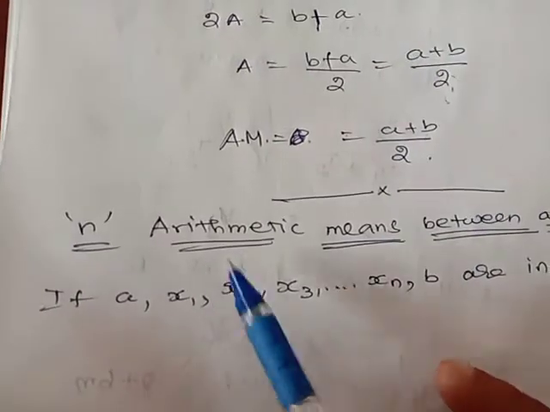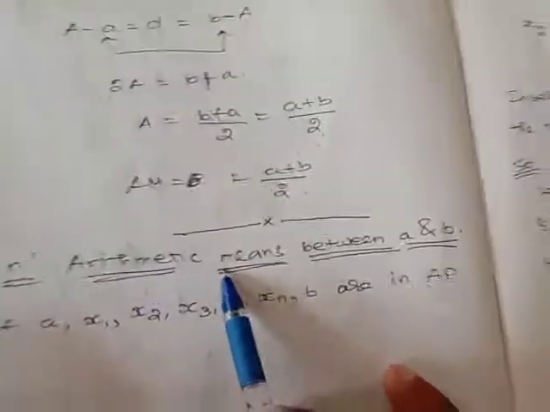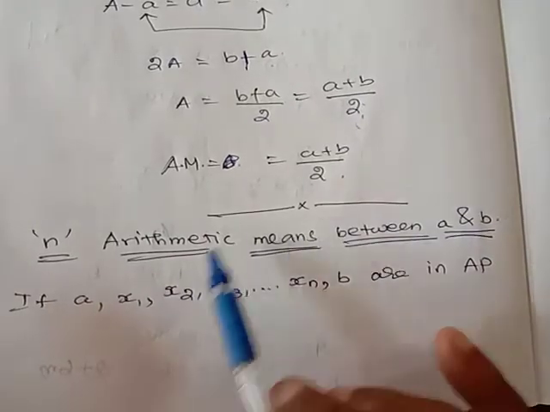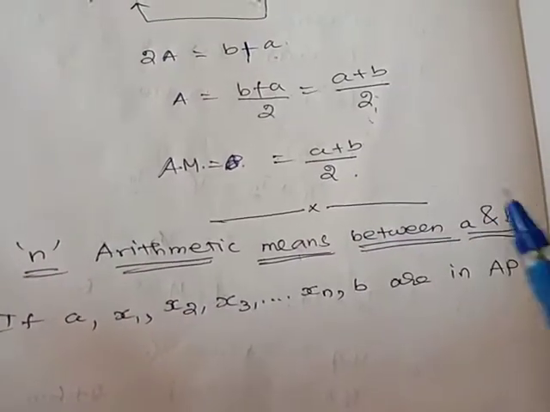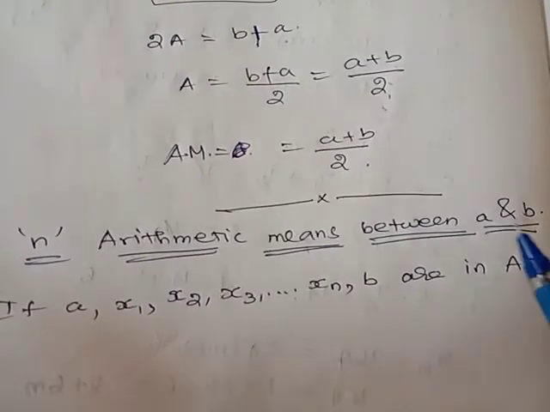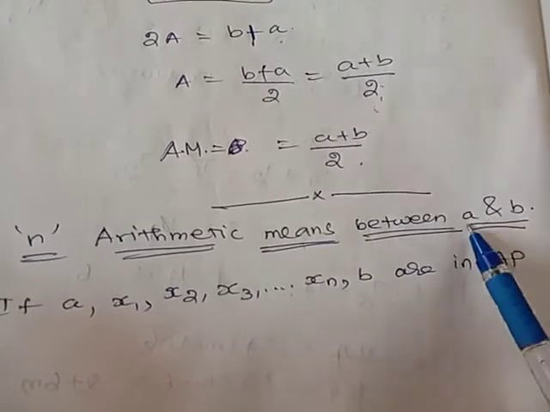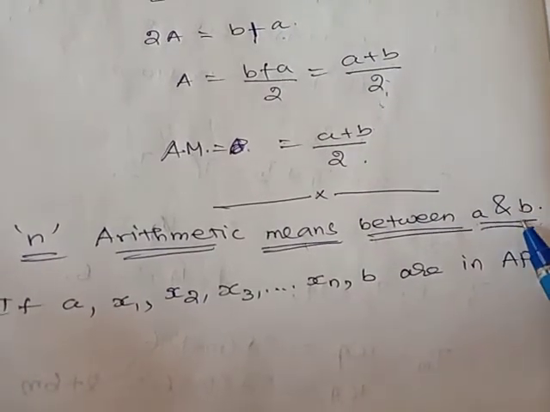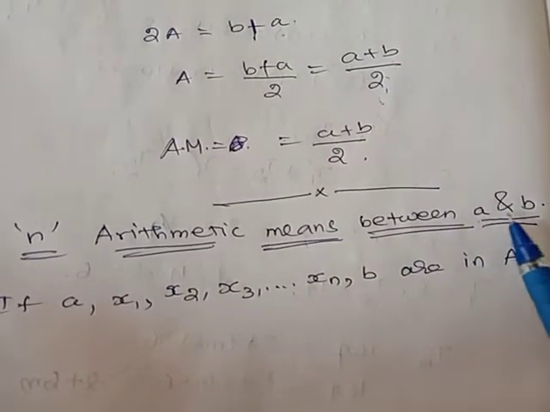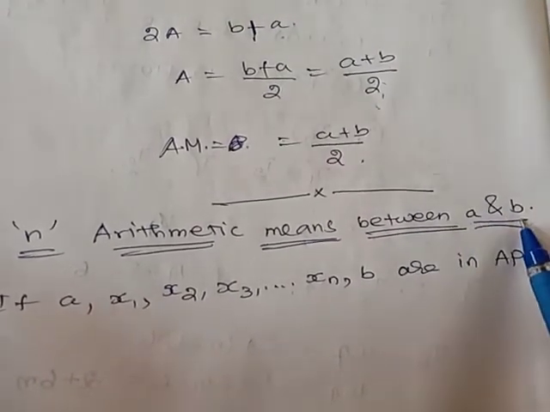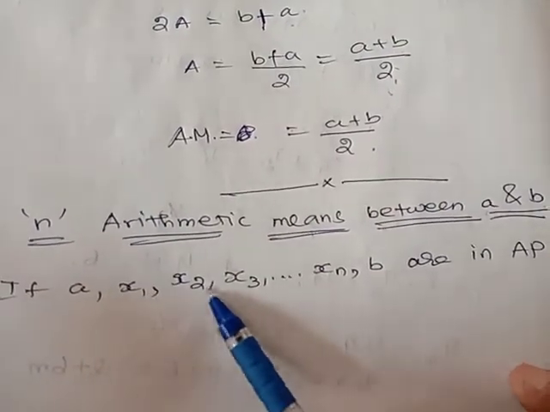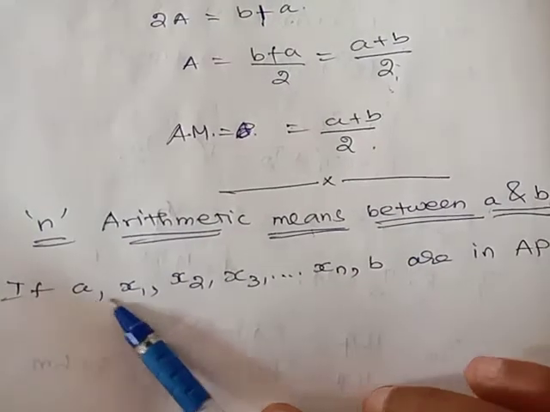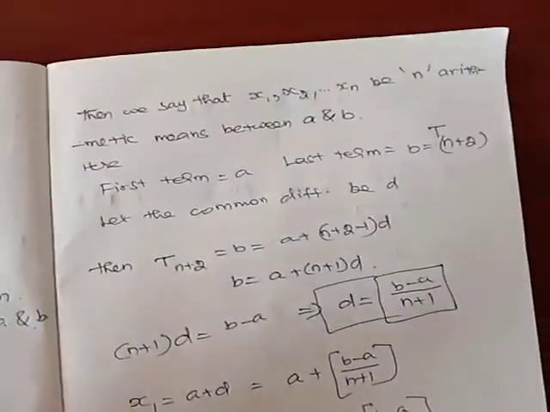Now we are going to see the next very important concept in the arithmetic mean concept. Based on this concept only, we will get questions in the textbook. N arithmetic means between a and b. Actually here an AP is formed using these two values. a is the first term and b is the last term of an AP. Using these two numbers, we have to form an AP in such a way that a is the first one, b is the last term. So we are inserting n arithmetic means, but it must form the AP. That is the condition. How it can be calculated, that is what we are going to see here.